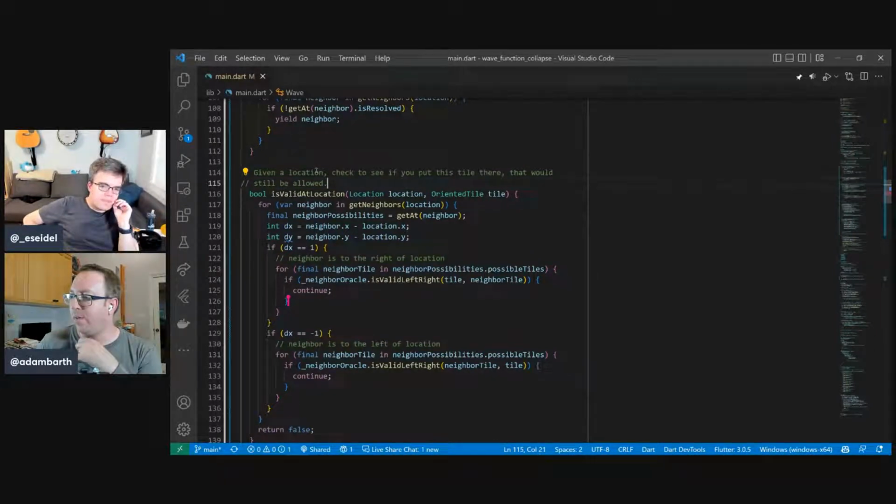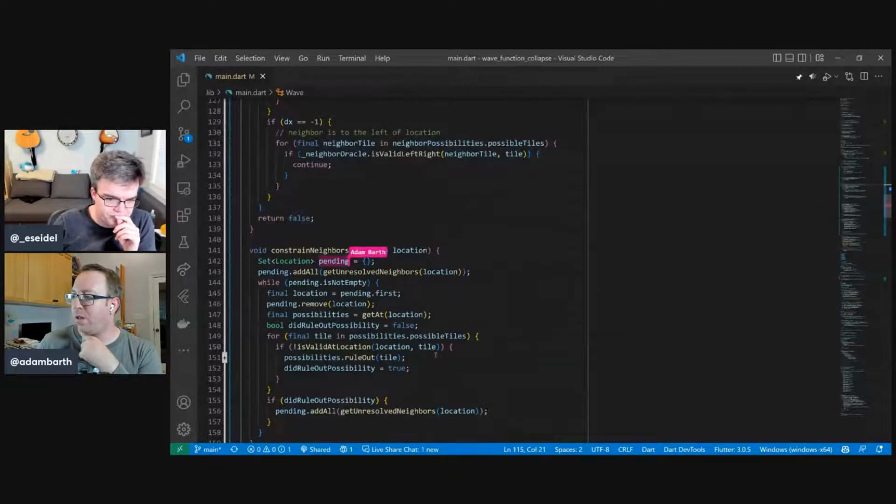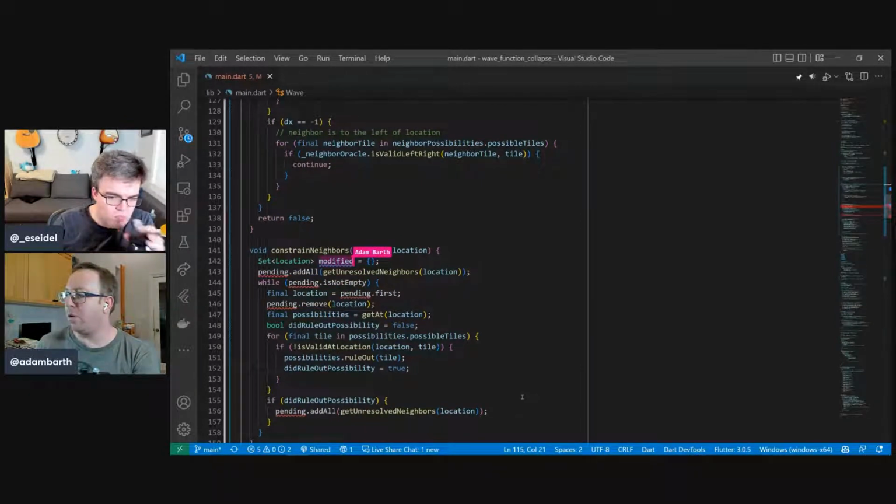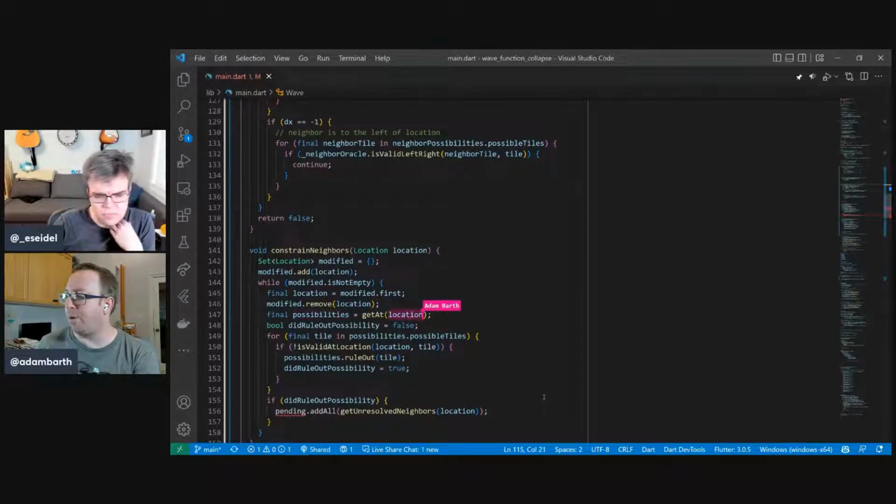So let's go back to constrained neighbors and see if we can do it a little bit differently. Okay. So let's change this pending back to modified. Right, is what you were saying. Let's visit every time we modified something. We're just gonna add the location we modified. So let's try to do it by walking the neighbors of the thing that we've modified. So if modified is not empty, pull out the one we want. And here are the possibilities here. So now we need to go visit